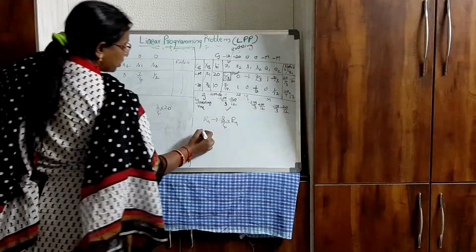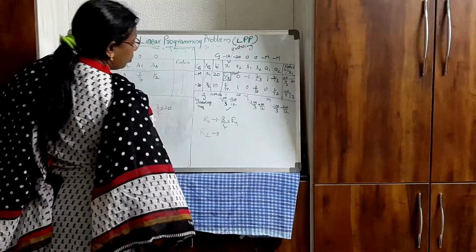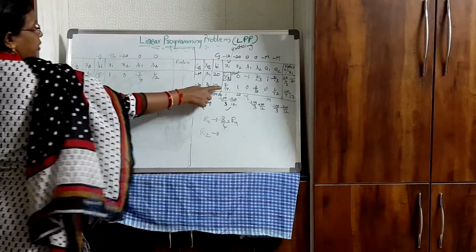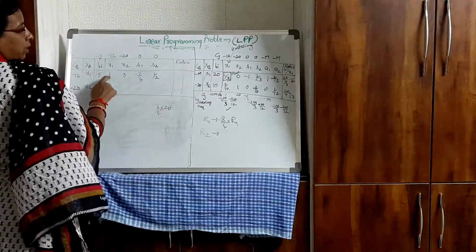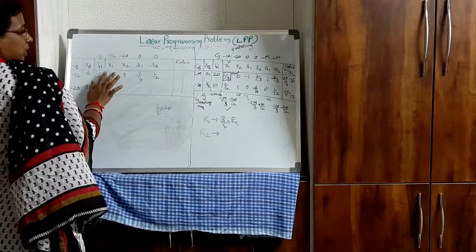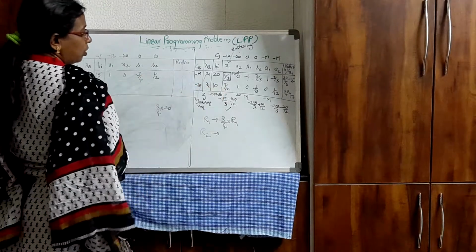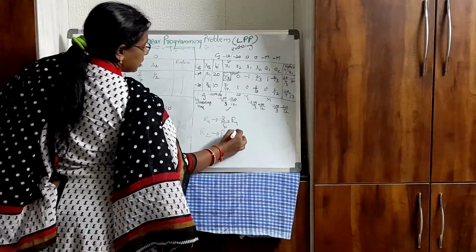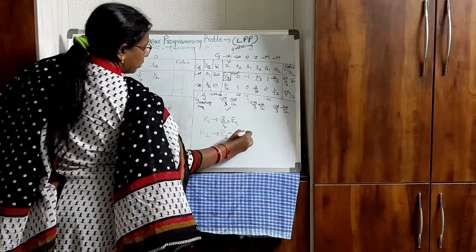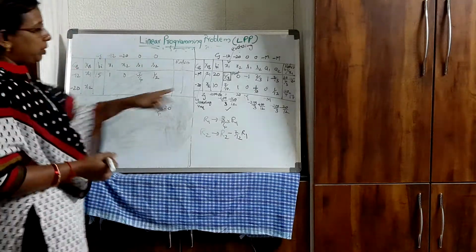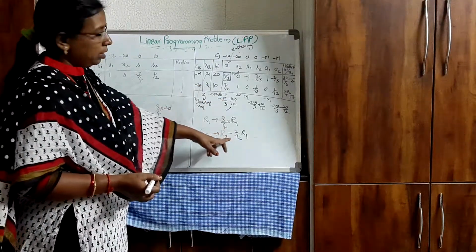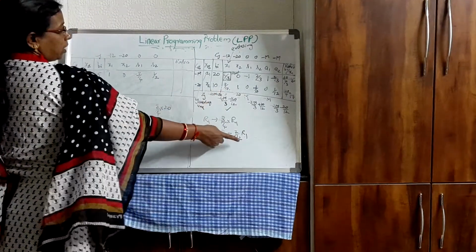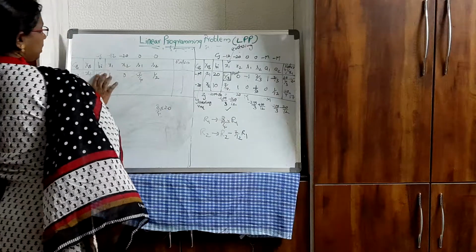Now you make the transformation for the second row. What is the second row? 7 by 12. Now corresponding to this 7 by 12, you have R1 value as 1. So using this value, you have to make this 0. So what will I do? R2 is R2 minus 7 by 12 into R1. When I subtract 7 by 12 times R1, only then I will get 0 here. So here R2 is R2 minus 7 by 12 R1. Now this is R2, this is R1.